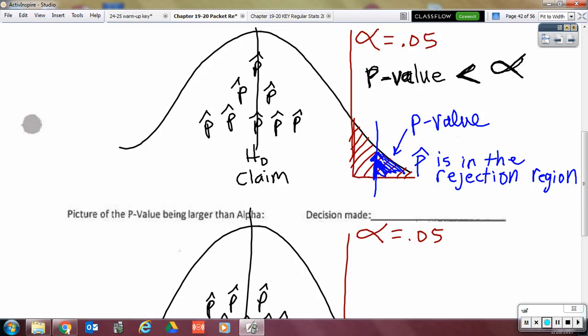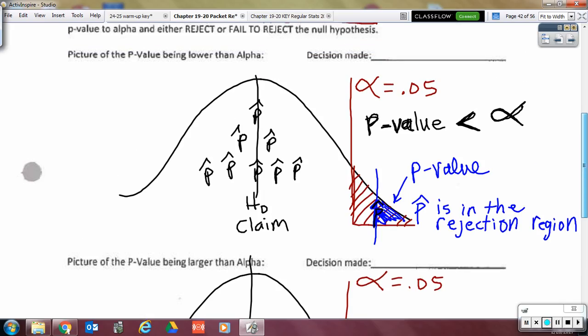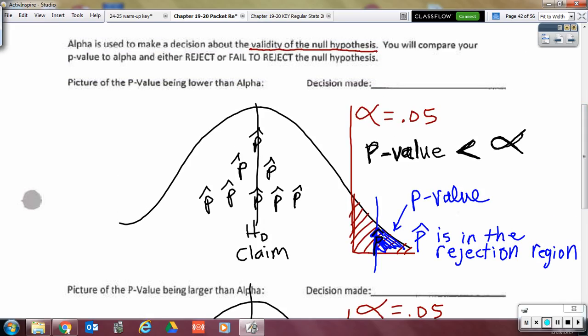So the p-value is low, and my sample is in the rejection region. So if your p-value is low, you will reject H0. So if the p-value is low, you will reject H0. So the decision made on this is reject